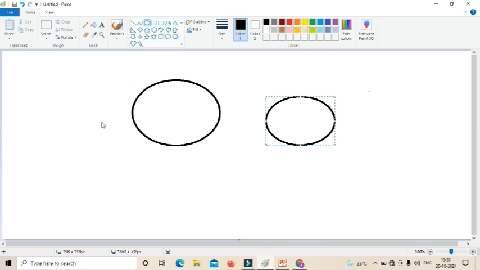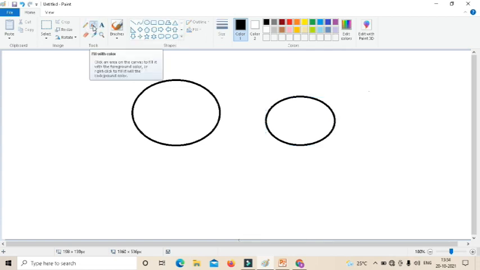And for filling color, first we have to draw one picture. So I draw one circle here and then select the fill with color option. This is the fill with color. Near the pencil tool you can see the fill with color option.